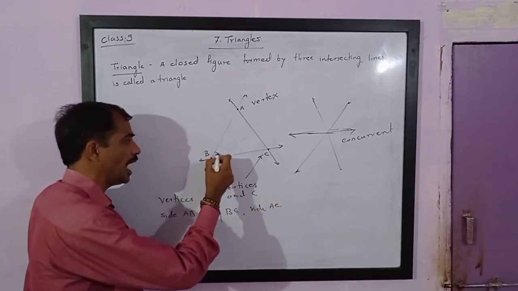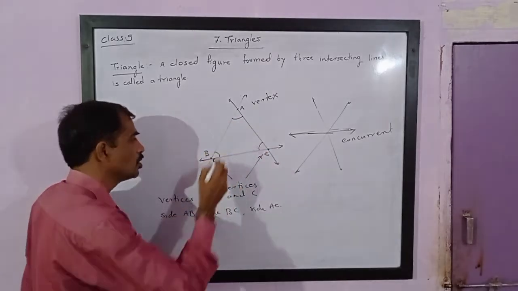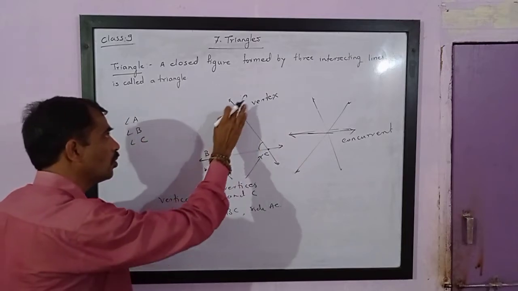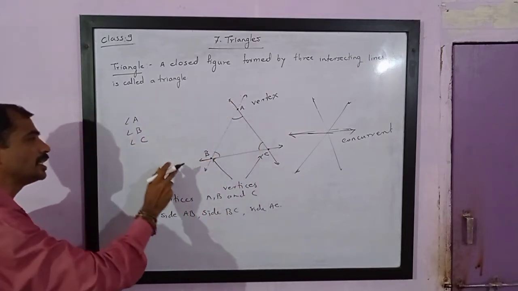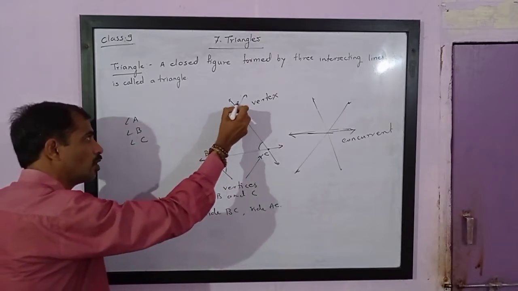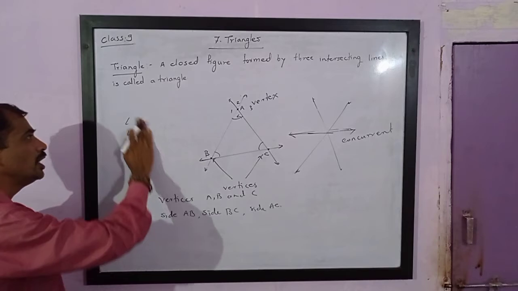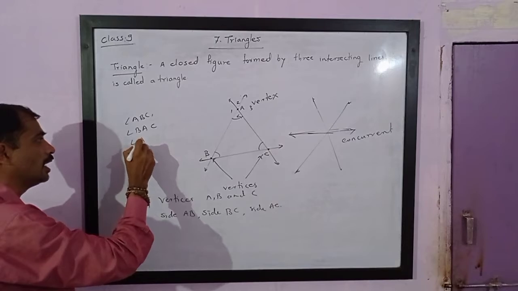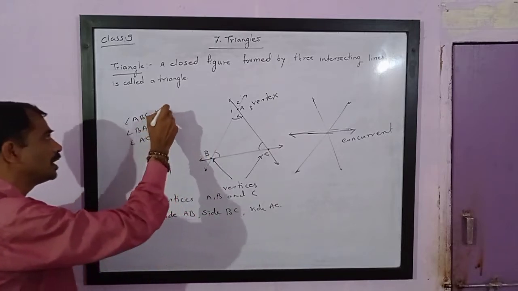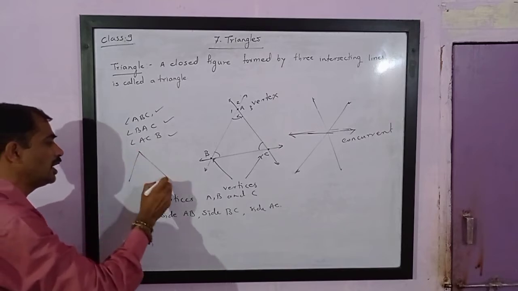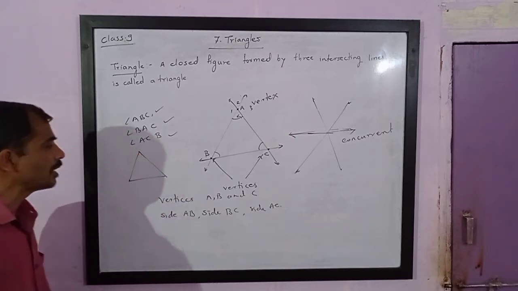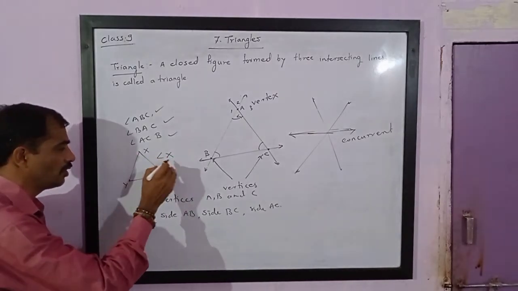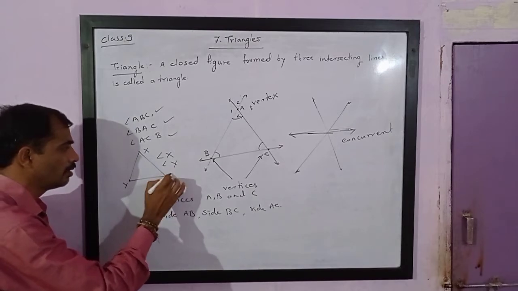Please note, they form three angles. So here angle A, angle B and angle C are formed. Now if it is a line, we cannot call it by a single letter name, because at vertex A there are 1, 2, 3, 4 angles. So here we need to name angle ABC, then angle BAC and angle ACB. So they must be named with a three letter name. But if the figure is a closed figure formed of three segments X, Y, Z, then the angles can be named by a single letter as well. You can call in this figure angle X, angle Y, angle Z.